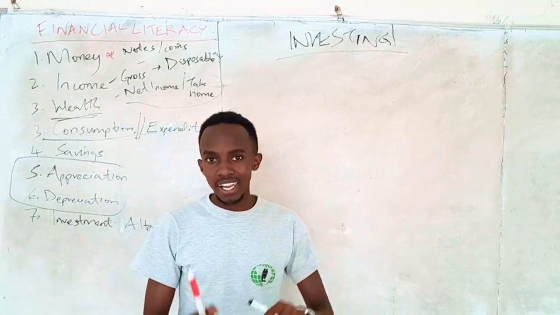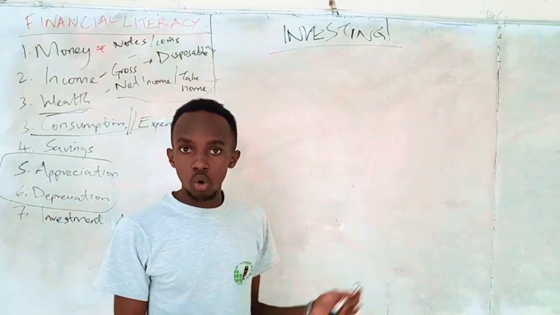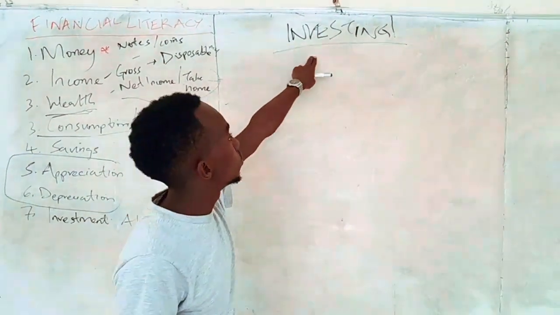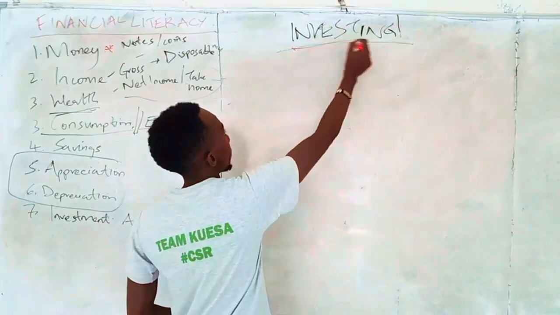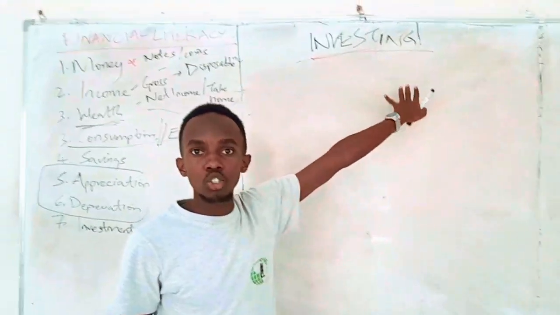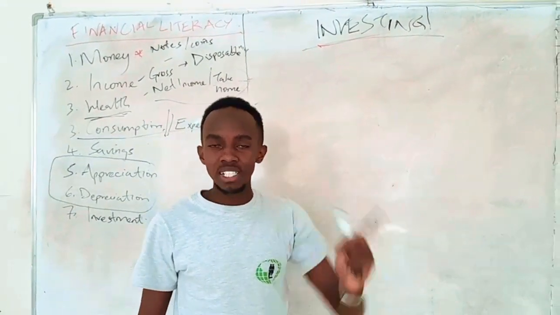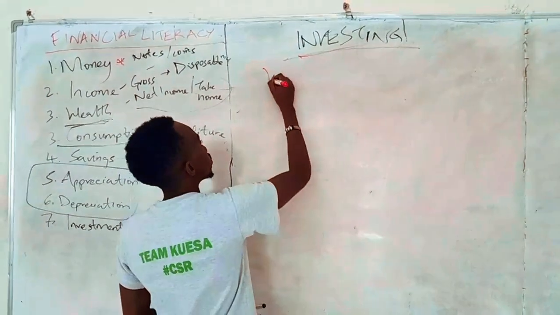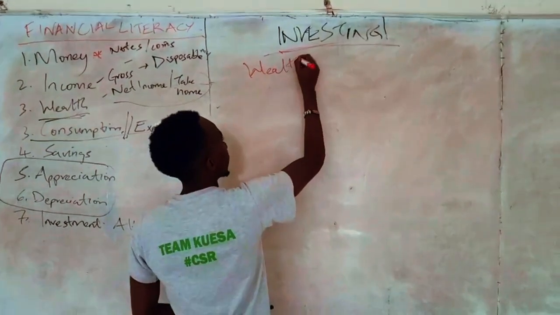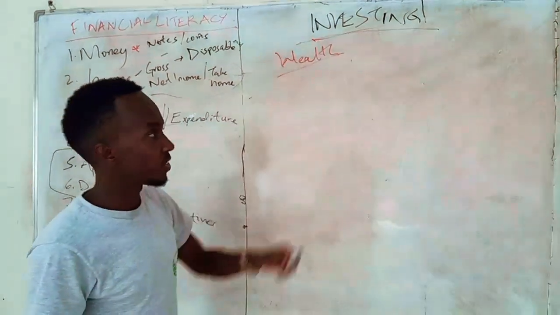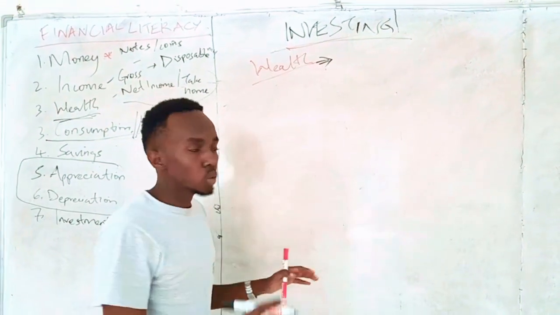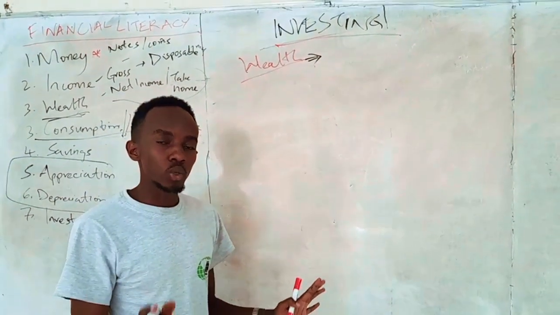Instead of letting your money lie around in a current account or earning a very small interest in a savings account, you can look to invest this money by putting it in investment instruments that have a better return. So why are we investing? We're investing because we're trying to build wealth. This is a very good time to define wealth. So what is wealth? Wealth can be defined as the total amount of money that you have to consume